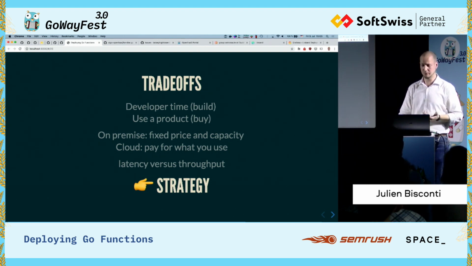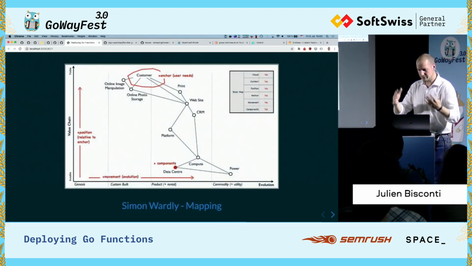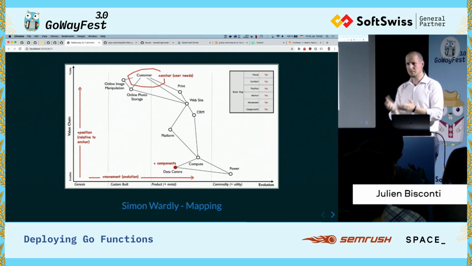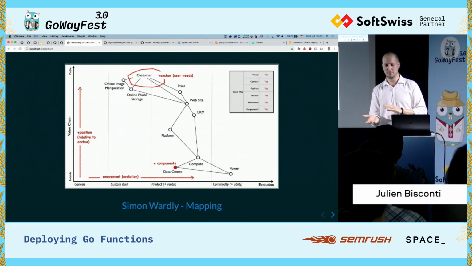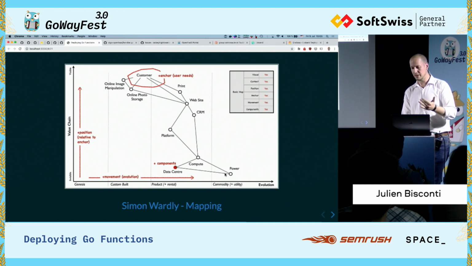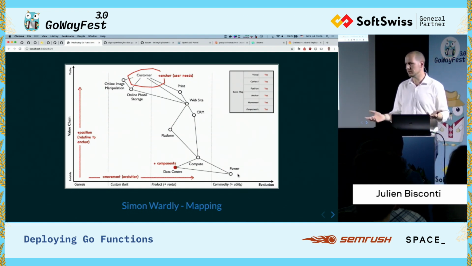and how you compare the solutions. And for that, there's another person who made a really great book about it. His name is Simon Wardley, and he talks about mapping. You need a map for your strategy. And basically, the idea is that you start from the customer need, and you go all the way down to, for instance, power. Nobody says, I have to reinvent electricity,